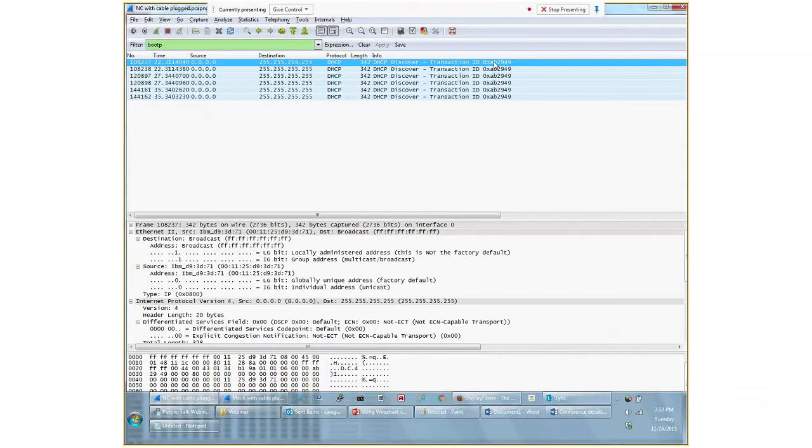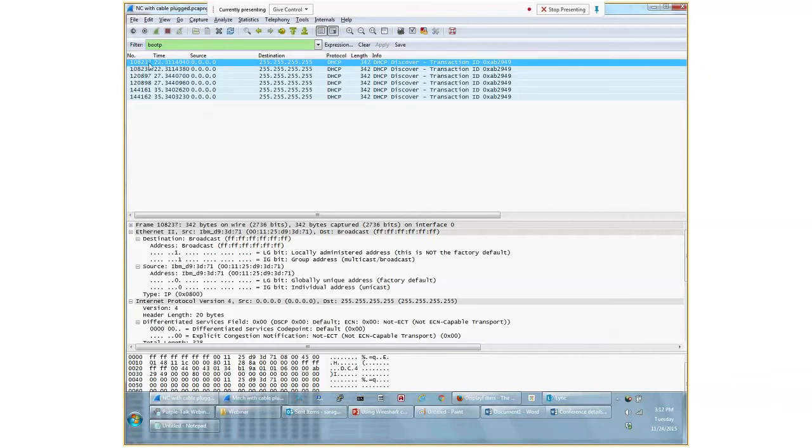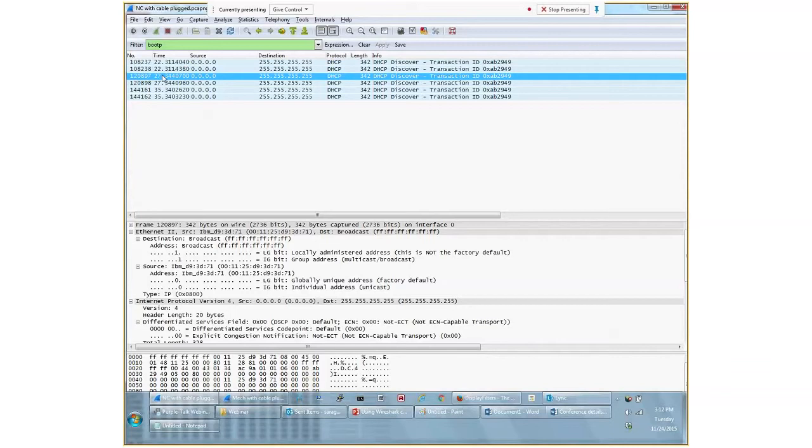For all those 4 packets, the transaction ID is going to be the same. I was looking at a small time frame, and during this time frame you could see that the packet was coming into the switch, and the second packet was going out of the switch onto the third-party switch. You can tell because the ingress and egress are very close in time. Then after some time it sends another discover packet, because once it sends a discover packet, it's expecting an offer from the DHCP server. Since it doesn't receive one, after some time it sends the discover packet again.